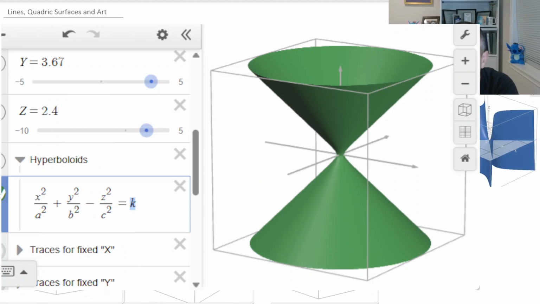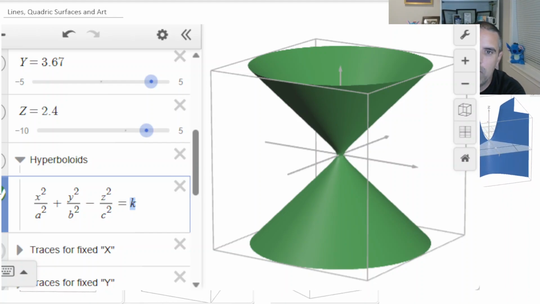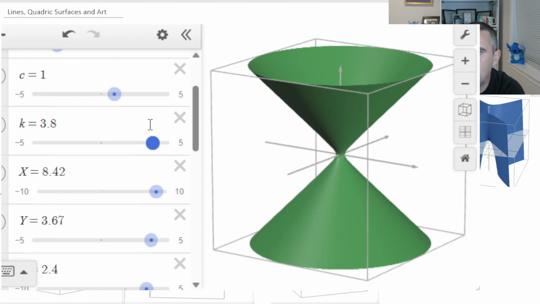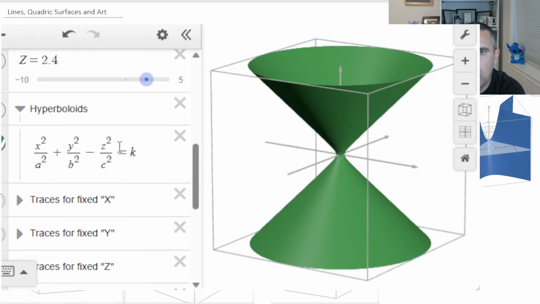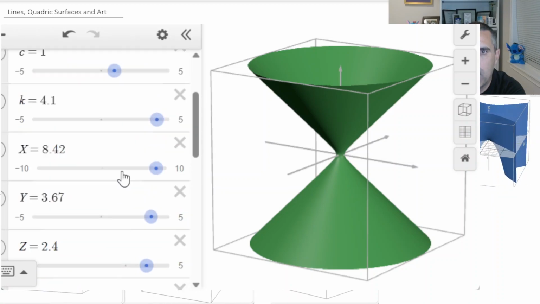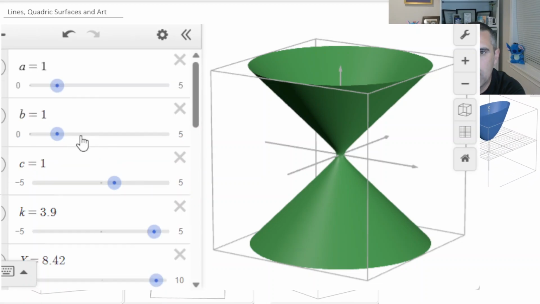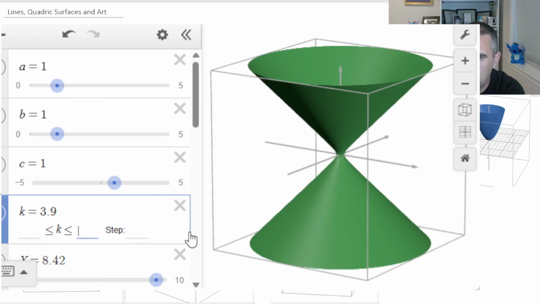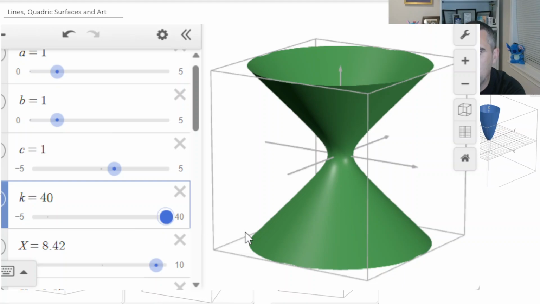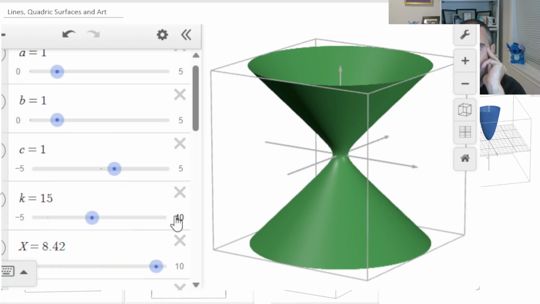So if that k is positive, you have a hyperboloid of one sheet that you can see there. Right? Currently it's positive. If I make that k bigger, it's going to make it a little fatter. Now, maybe you just can't see very well because of the nature of the other numbers. Let's make this much bigger. There, makes it a little bigger. If you make that k negative,